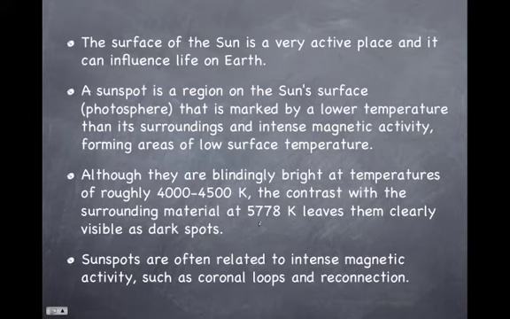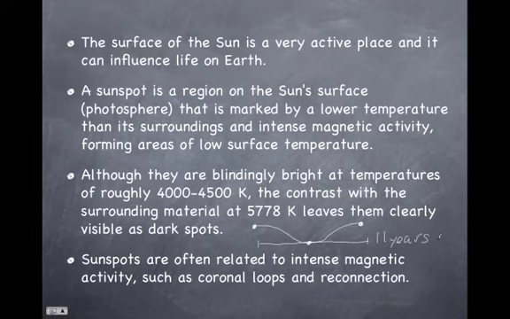Now, there is an 11-year pattern for high activity to low activity of sunspots. So let's say this is now. In 5.5 years, we'll hit a low spot of activity where there'll be very few sunspots and the sun's surface will be relatively quiet. Then 5.5 years after that, we reach another high point. And so it's 11 years from high point to high point or low point to low point. And we are nearing a high point in the activity of the sun.